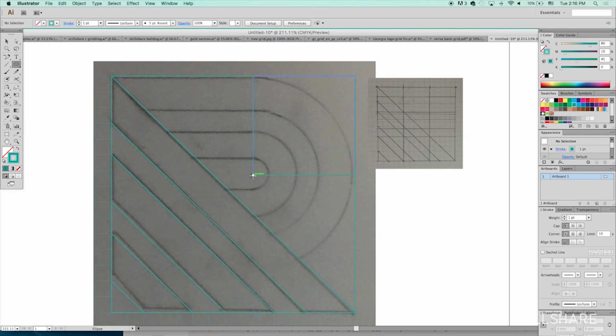I'm gonna take a circle, and get it to the right point. Now I'm gonna grab this space where I have two unit grid. I'm gonna make it a little bit bigger, and this will be my reference point to do the thicknesses for